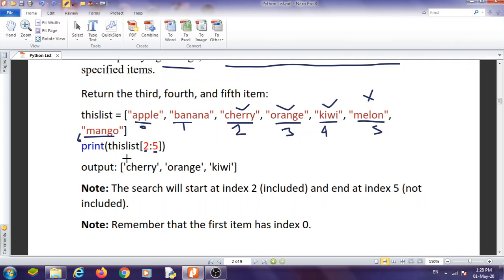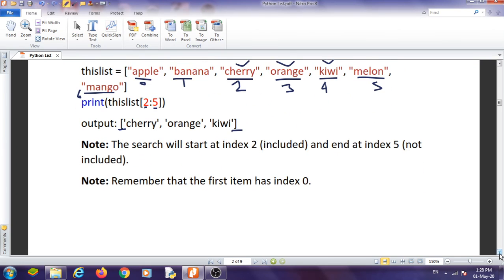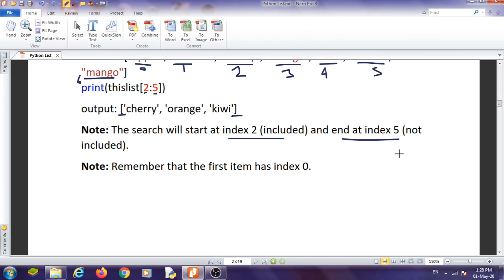And because it is a list, the output will be enclosed in square brackets. The search will start at index number 2 and go up to index number 4. 5 will not be included.